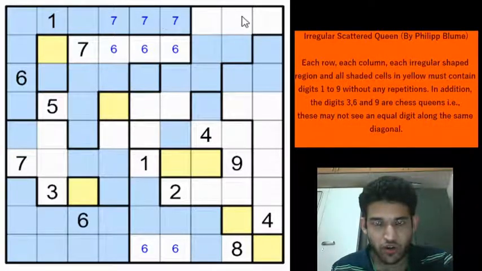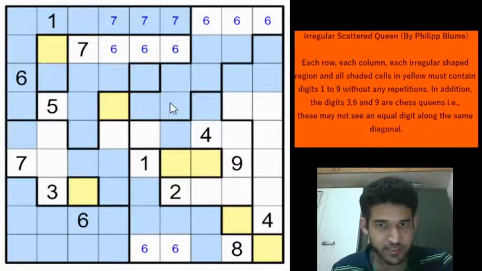And now if you look at row 1, 6 can only be in one of these 3 cells, right? 6 can either be here, here or here. There are only 3 options for the 6. So we can remove these 2 cells as possible locations of 6. We'll highlight them as blue because 6 will be in one of these 3 cells for row 1, which eliminates 6 from these 2 cells because it is in the same region.